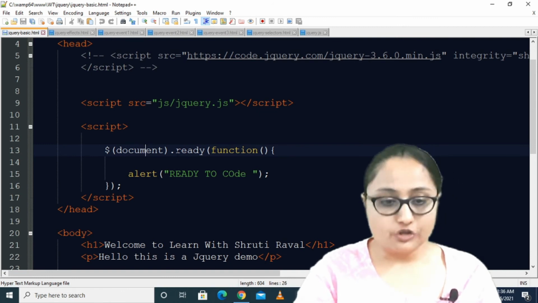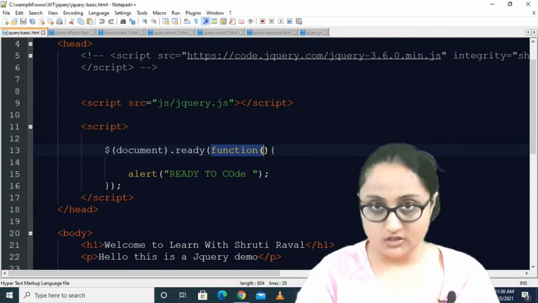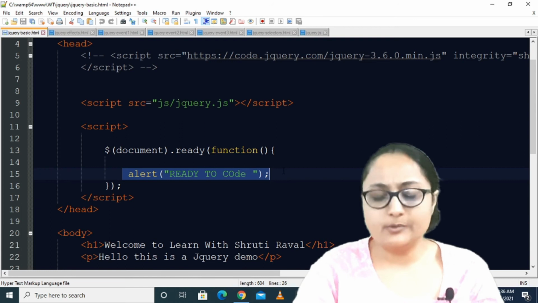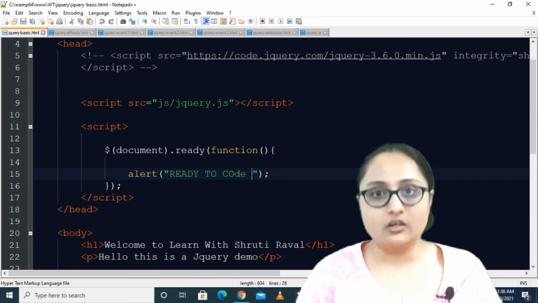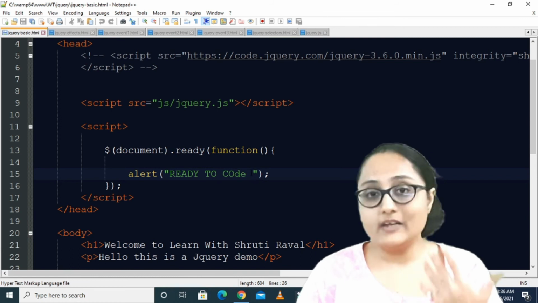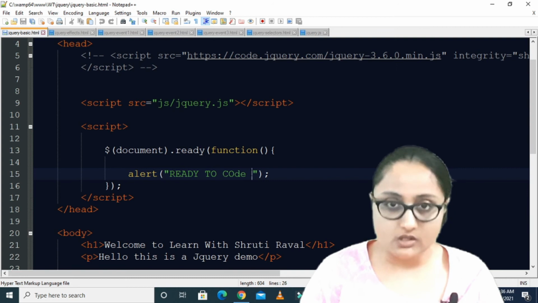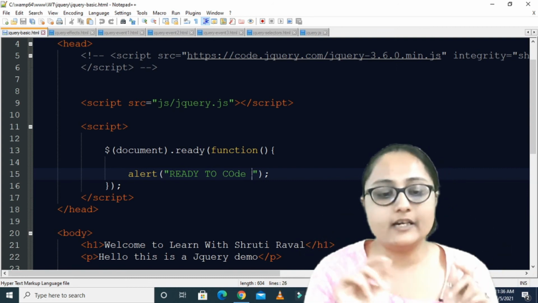So document.ready, and inside that I have written a function, and inside the function you can perform any code. I am giving an alert, so that as soon as my HTML document is loaded inside the browser, this function will get called and I will get an alert, ready to code.